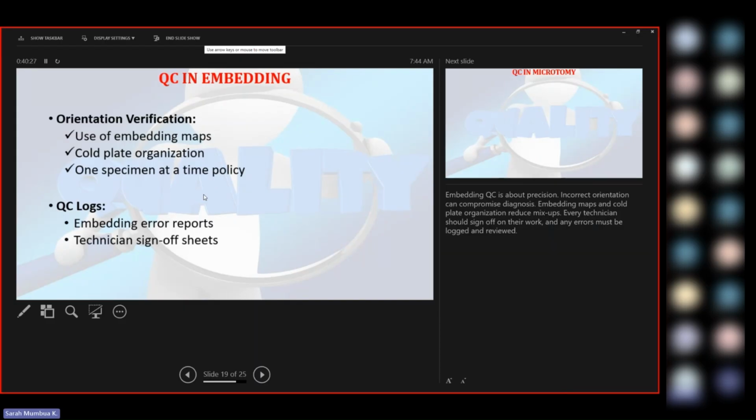Some tissues, some endometrial curettings are so, what do I say? They are so water-like or liquid. So make sure if you place them, you cover them with filter paper. During embedding, make sure to remove it. I have seen someone do embedding with the filter paper on. How are you going to cut the filter paper with the microtome? So make sure during embedding,